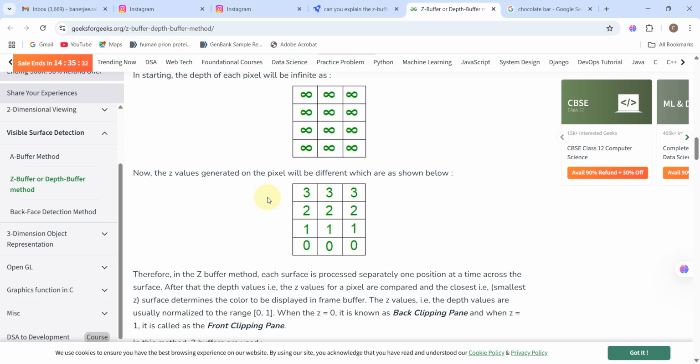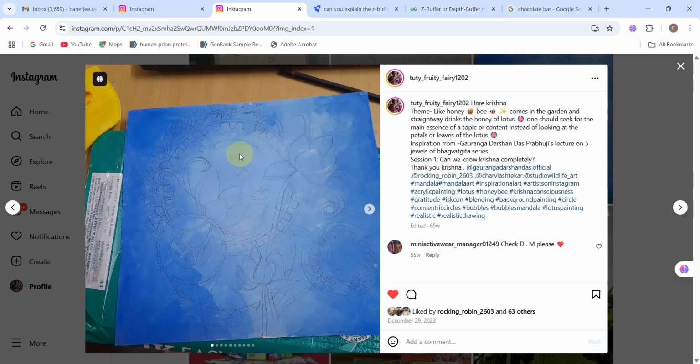And now let us talk about the second element of this Z buffer algorithm, the refresh buffer. So what is the purpose of a refresh buffer? The refresh buffer is also storing a matrix with the pixel values, but the pixel value here does not store the information of the z coordinate of every pixel, but it stores the information of the intensity of color, the RGB value, what is to be done on that pixel.